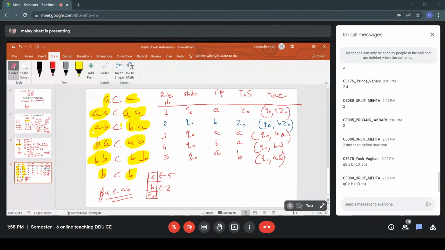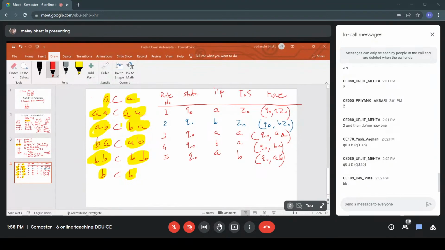Okay, now let us consider further. If we have a pattern, which is the last pattern we should check now? Yes, you know that pattern, B, B, C, B, B. So definitely we'll add that rule directly, as you know everything now. It is Q0 B B. So now you can see that rule number 1 or 2 will be applied